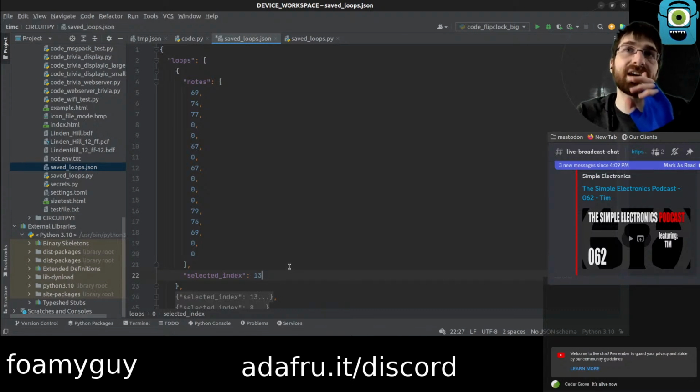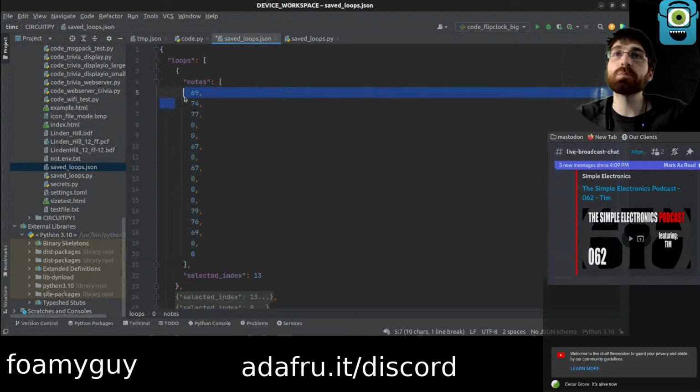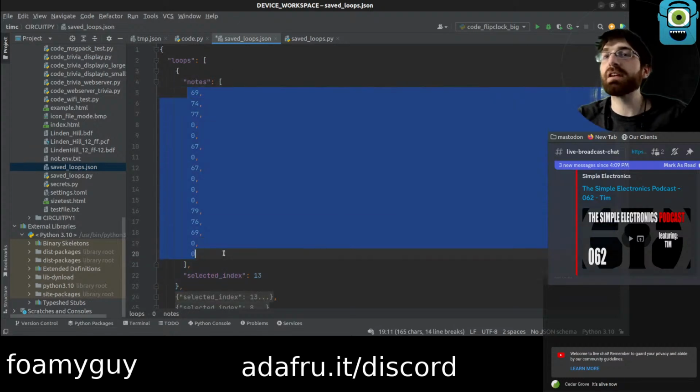I will say the one thing I kind of want to be able to do, which is not there yet, and is probably the most likely thing to get done anytime soon, is support for longer loops. This loop is essentially going to have to be 16